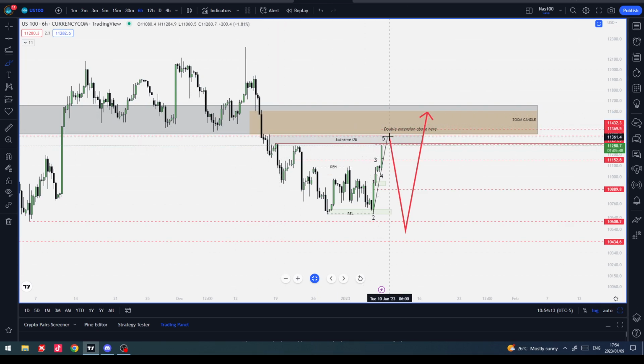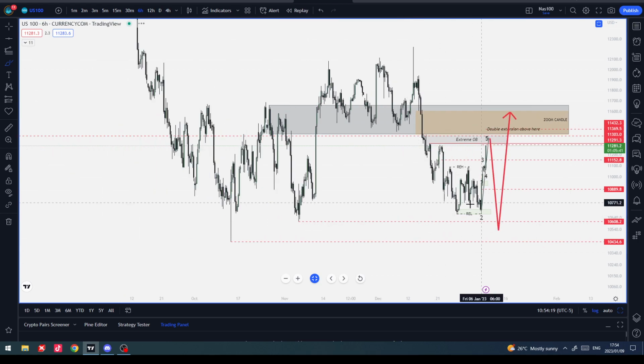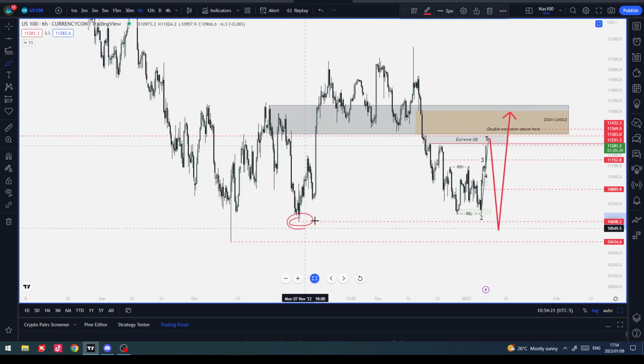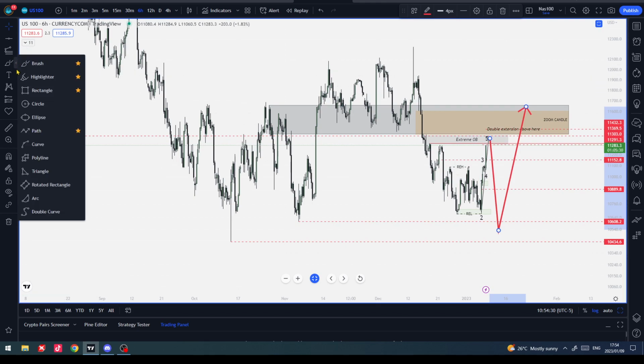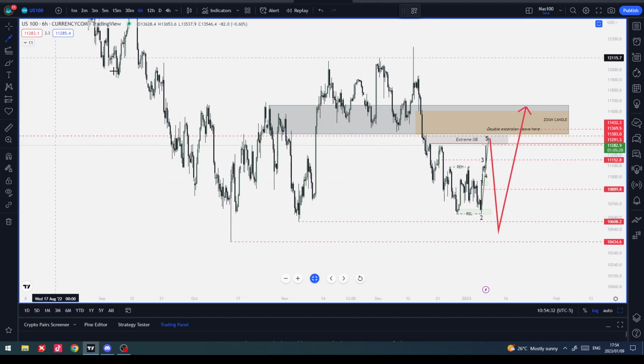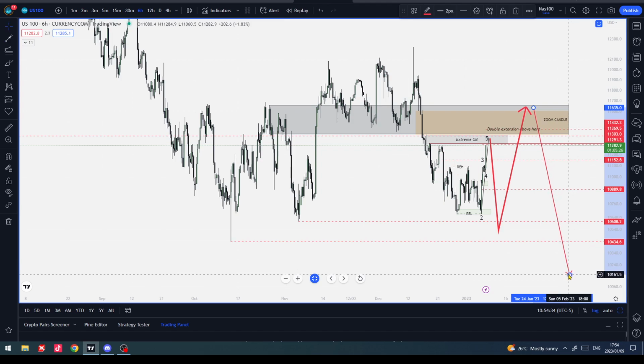So once this could go straight up there. I don't mind it if it does, but I want to see this low get taken out first, then a pushback up into this level here, into the zoom candle, which gives us that move, and then finally we head lower in the market like that, right?